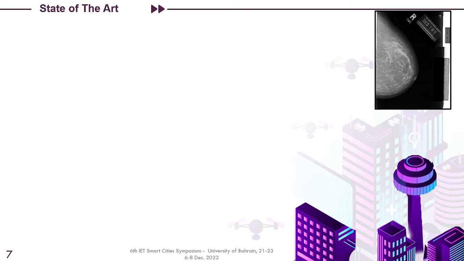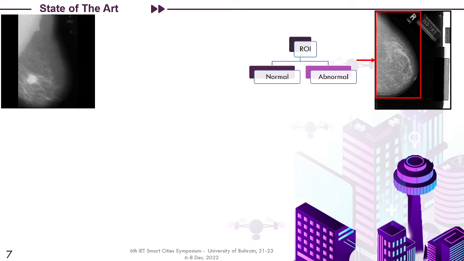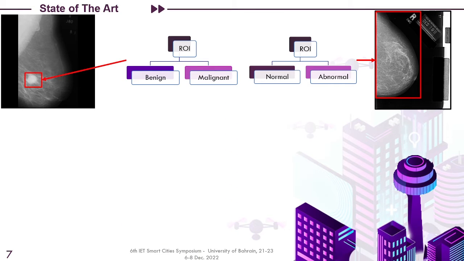In order to confirm the presence of a breast tumor, a binary classifier containing normal and abnormal mammography is required. To do so, the model must be able to distinguish between normal and abnormal breast tissue. Thereby, the region of interest in this situation is the whole organ. On the other hand, in order to detect the tumor's type using a binary classifier with benign and malignant mammogram images, the ROI in this case is the tumor's area, so we don't need the whole mammography as an